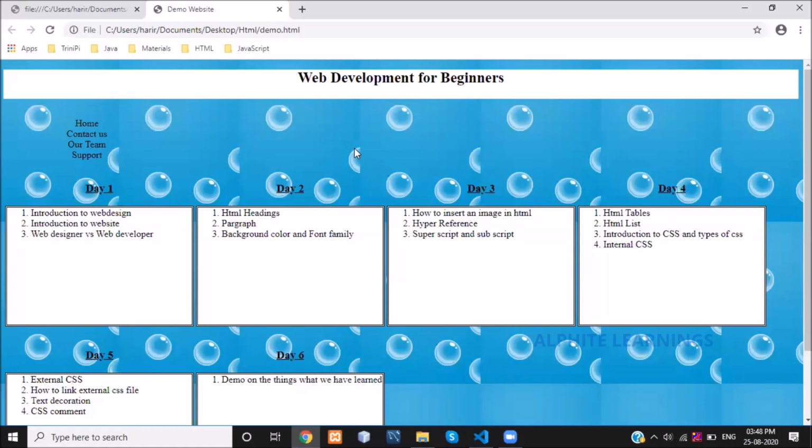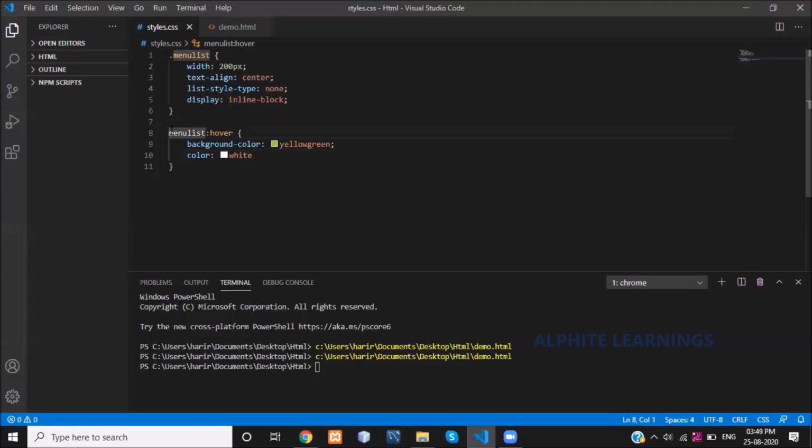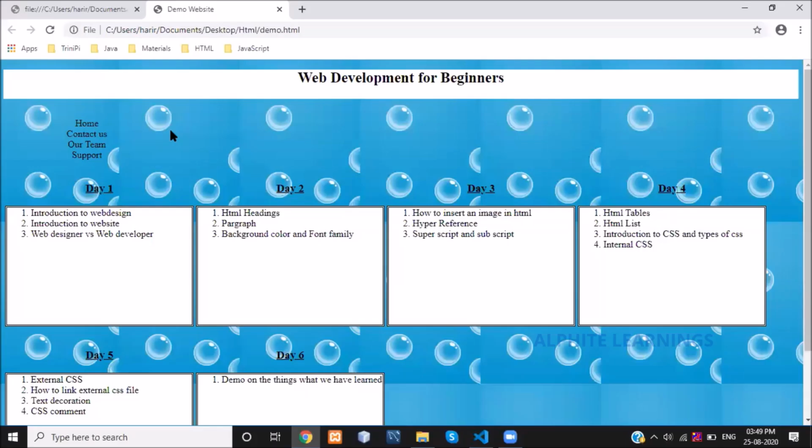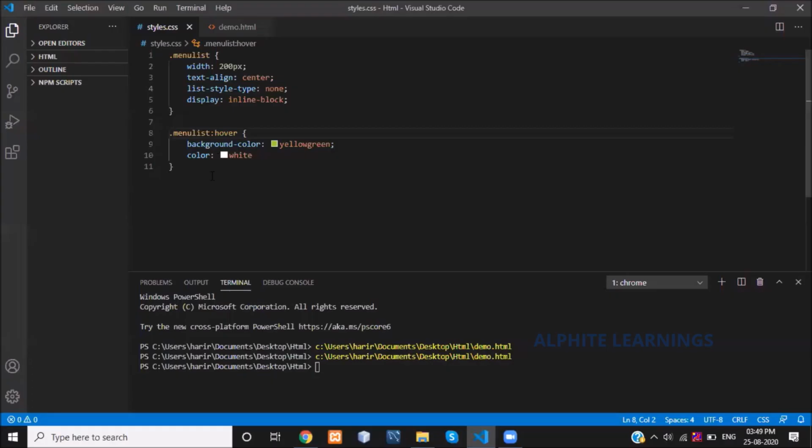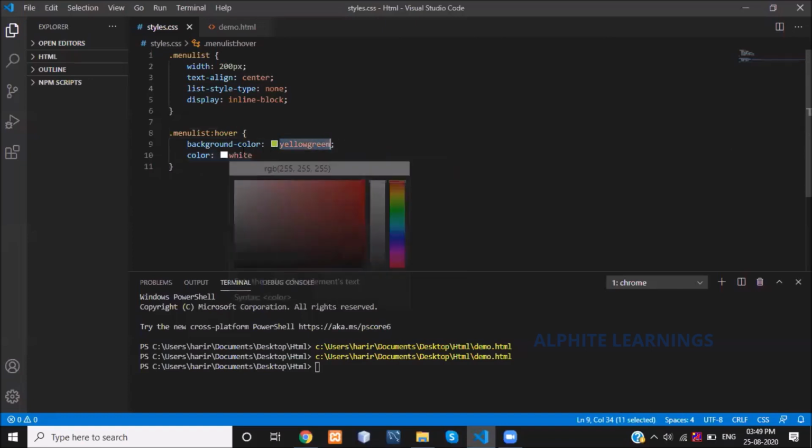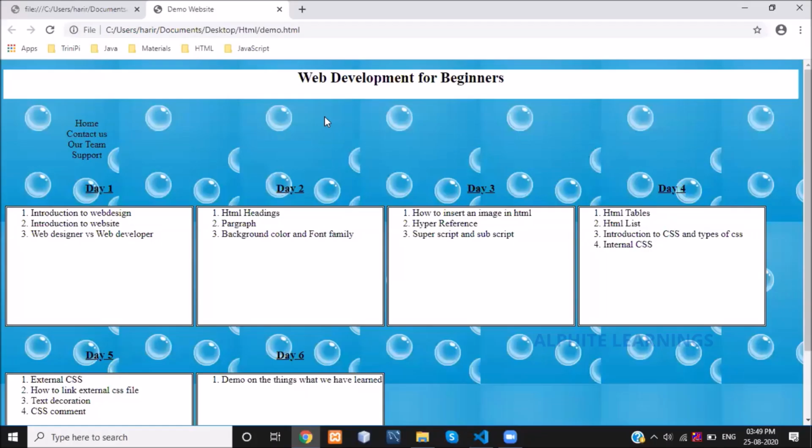Let's see now. See, when you hover, it gives you some other color. This is all about hovering on the menu list. Similarly, you can change whatever background color and styles you want for your menu.